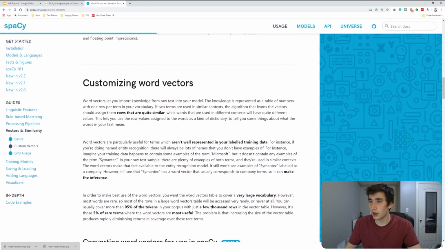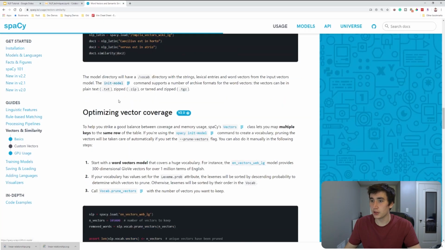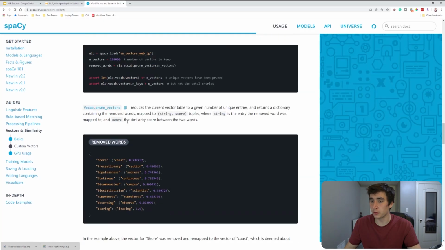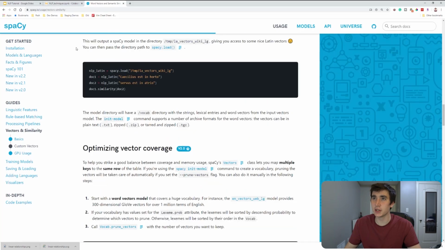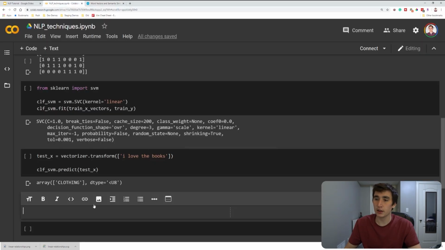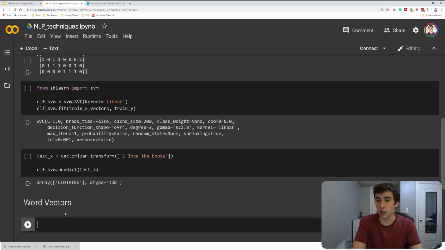You can look through here, maybe look through the actual documentation, but spacy is a good place to start. Let's start implementing this. Okay, so we're going to need to use the spacy library. Before we can use it, we're going to need to download that language, these trained vectors. I already did that previously, so